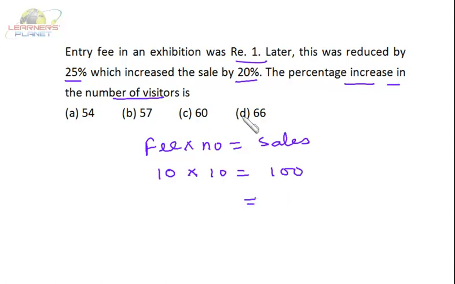Now the fee is being reduced by 25%. So the new fee is 7.5. We have to find out the number of visitors, and the sales is increased by 20%. So the new sales is 120. So X will be 120 by 7.5. So it's